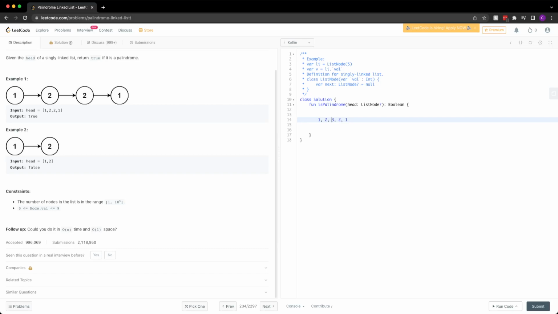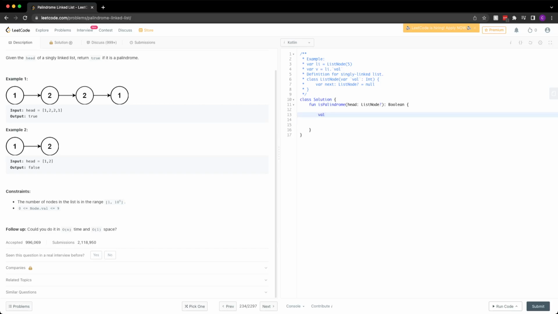And so then, wait, no, sorry, we want to do the floor. Max would give us where this value is. We don't care about this value. We want to go to the floor. So 5 divided by 2 and get the floor of that is 2. So we want to go to the second spot and then take everything up to that point and compare it to everything on the other side of the middle point. So just for the sake of it for now,